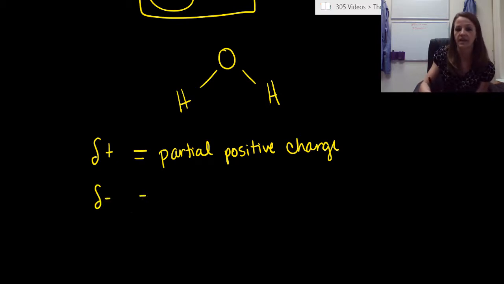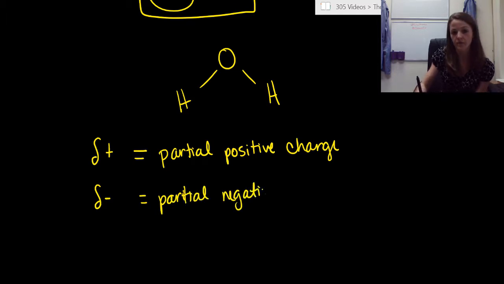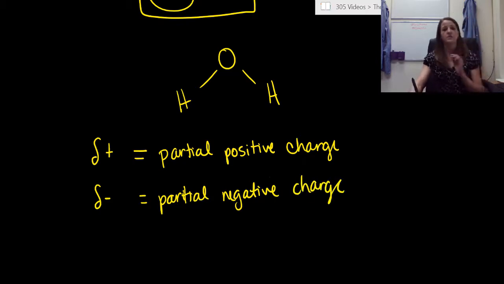So again, you have this negative symbol. This one indicates a partial negative charge. Now, hopefully this is a review, but if it's not, that's completely fine. So then what we want to do here is go back through using these symbols and now label our water